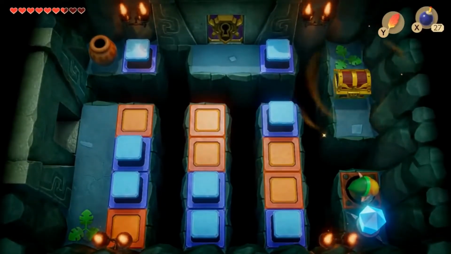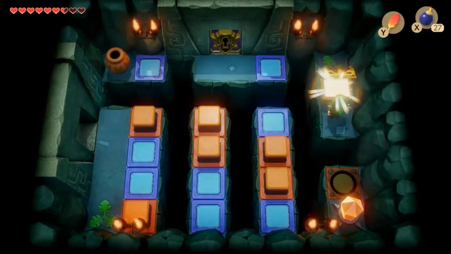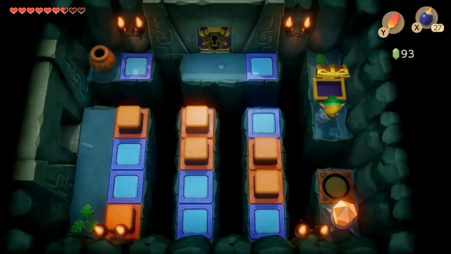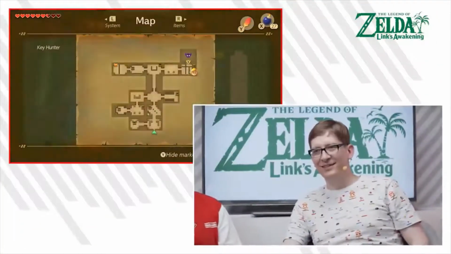So that's the chest. Okay. And just in case, I'll also hit the switch. Nice. Yeah, it makes it a bit easier to get to. Oh no, no key! There must be a room that you didn't explore yet. No! Let's see what we...